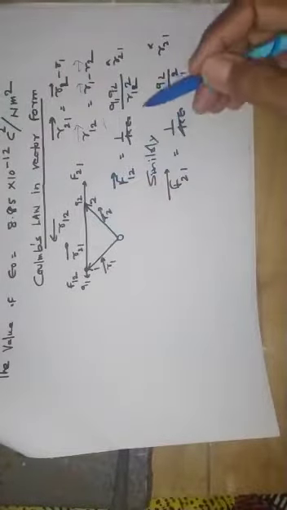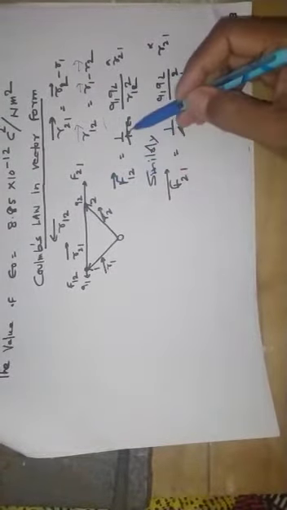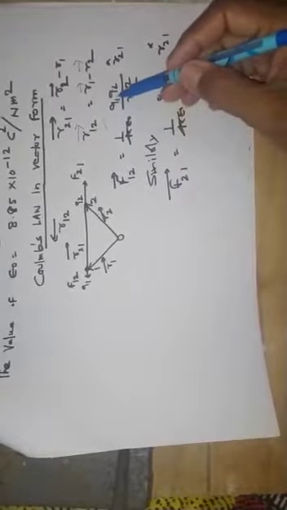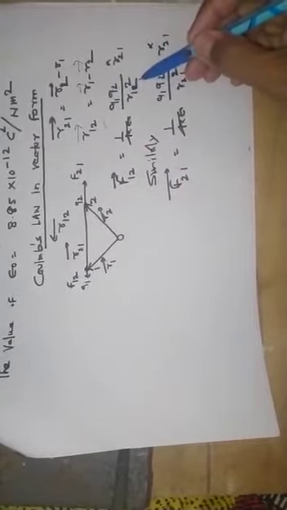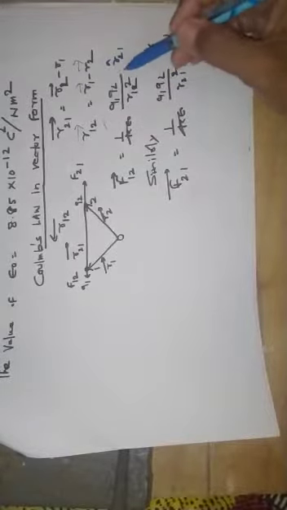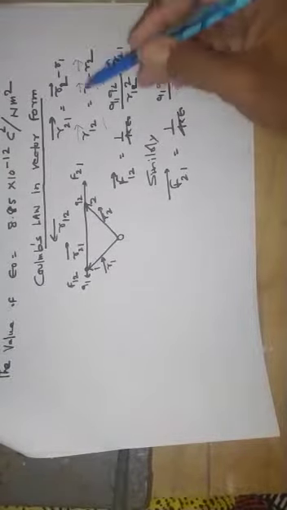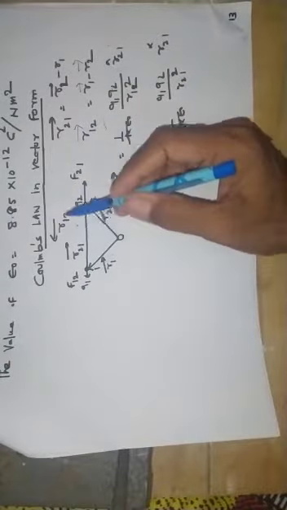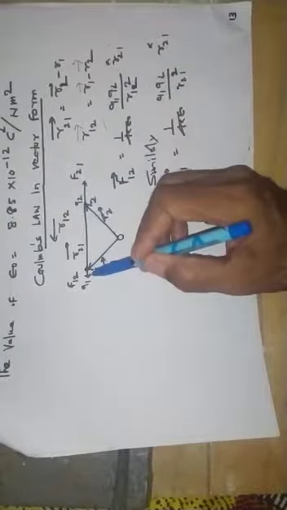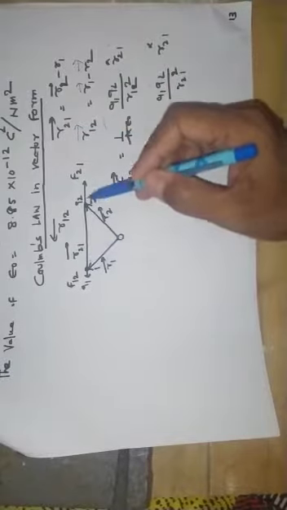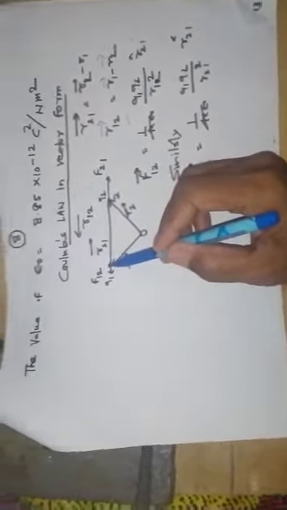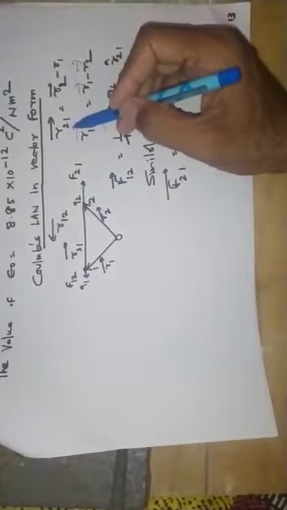If you take the F12 force here, it is 1 by 4 pi epsilon 0, Q1 into Q2 by R12 square, from Coulomb's law, and this is the unit vector. This is the magnitude, R12 square is the distance squared from Coulomb's law, and this is the unit vector from 2 to 1. The directed distance R21 from Q1 to Q2 becomes R2 minus R1 according to triangular vector addition.